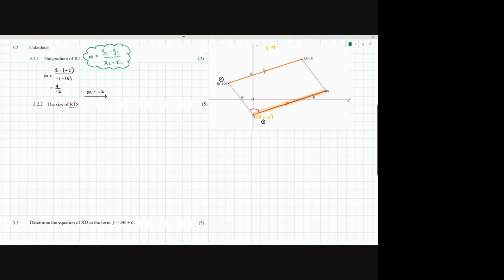So now we have to go back to our actual angles of inclination. Now, in the information of our question, I told you what the angles of inclination were. So the angle of inclination of the line TS is this angle theta, and the angle of inclination of the line RT is this angle alpha. Now, I've told you about those angles. They're obviously important. And hopefully what you can start to see is as I've added in those bits of information, we can see that we have a triangle